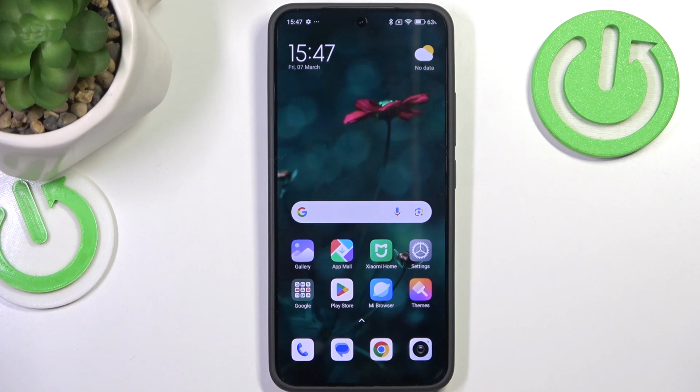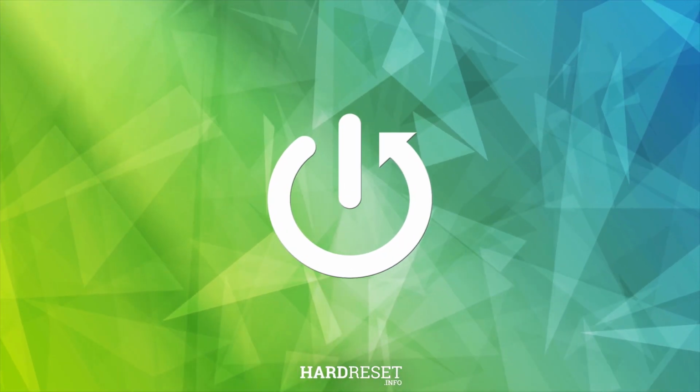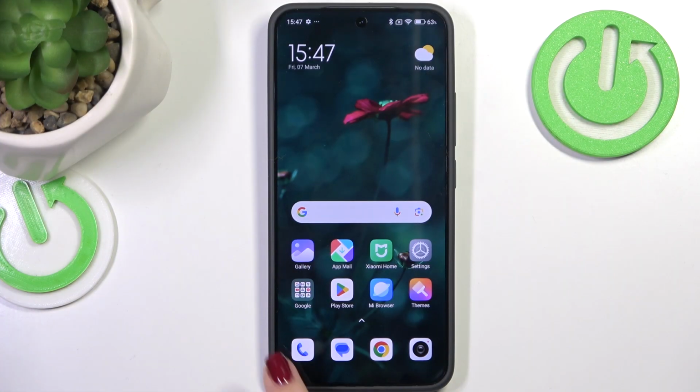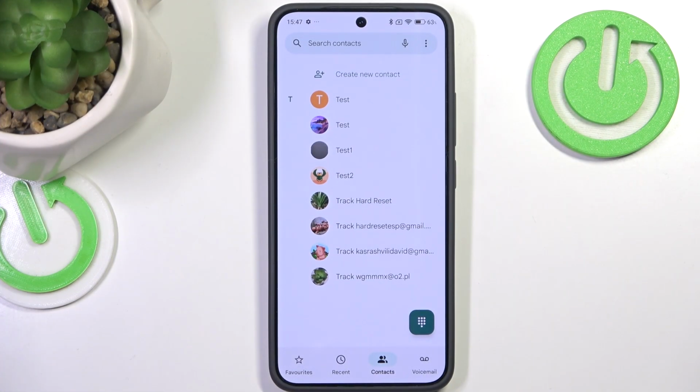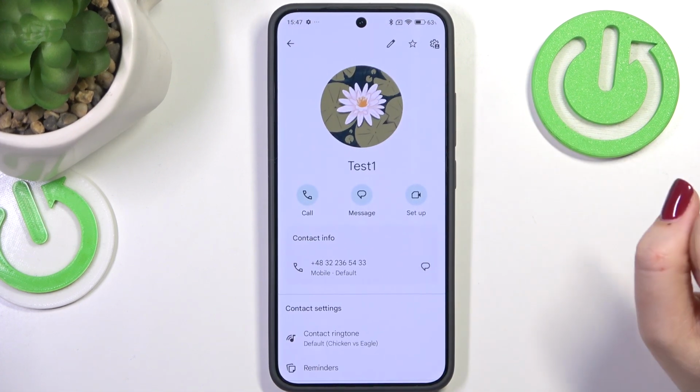Hi everyone, in front of me I've got Xiaomi 15 Pro and let me share with you how to block a number on this device. So let's start with opening the dialer, opening your contact list, find the contact you'd like to block and tap